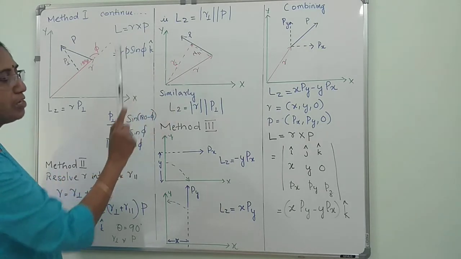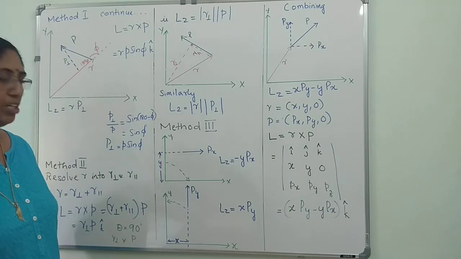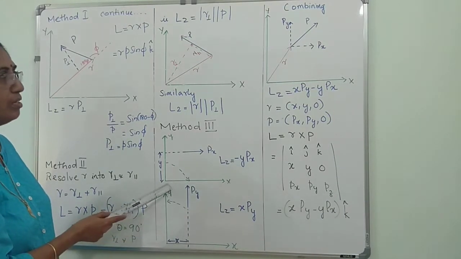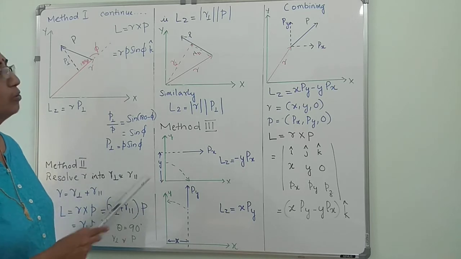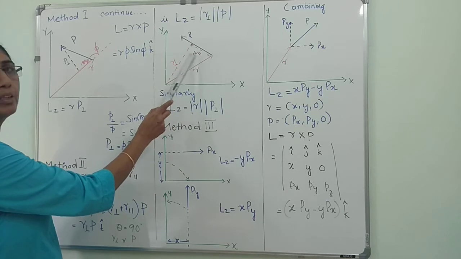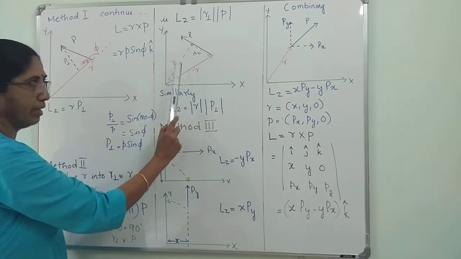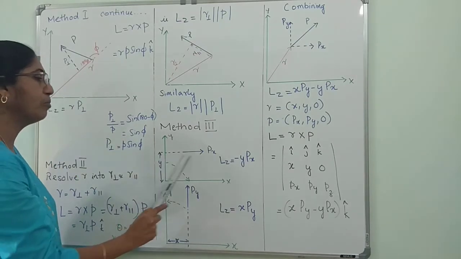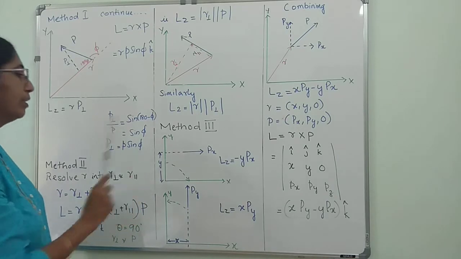This xy motion, first we will consider the motion along the x direction and analyze it. Then again we will consider the motion along the y direction. Then we will combine both. So whatever you are seeing is motion in both x and y direction, that means in the xy plane. First we will consider only the motion along the x direction, then motion along the y direction. That is what we are doing in the third method.